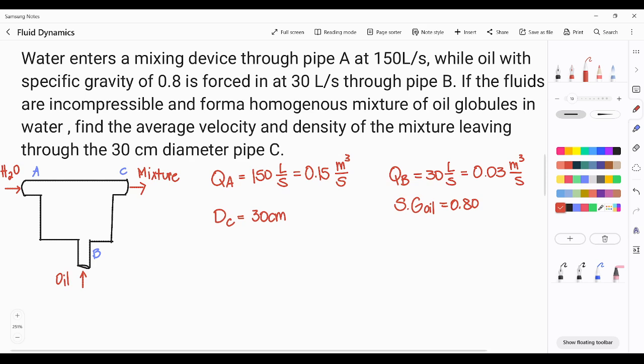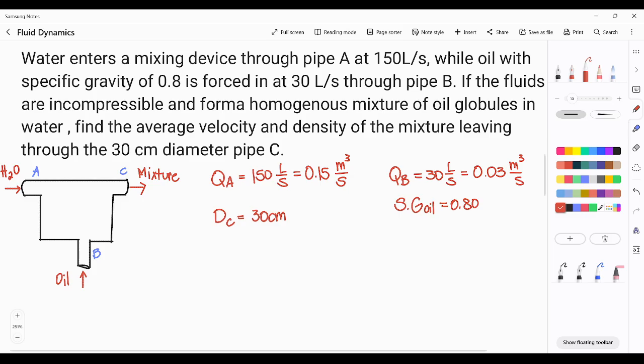Alright, we have another problem in fluid mechanics, particularly about fluid dynamics or fundamentals of fluid flow. So, basahin na natin yung problem. Okay. Water enters a mixing device through pipe A at 150 liters per second, while oil with specific gravity of